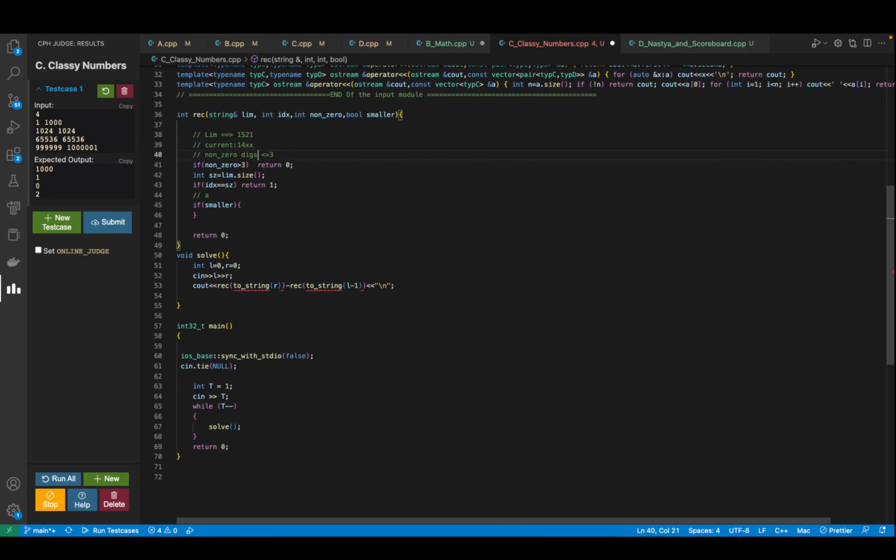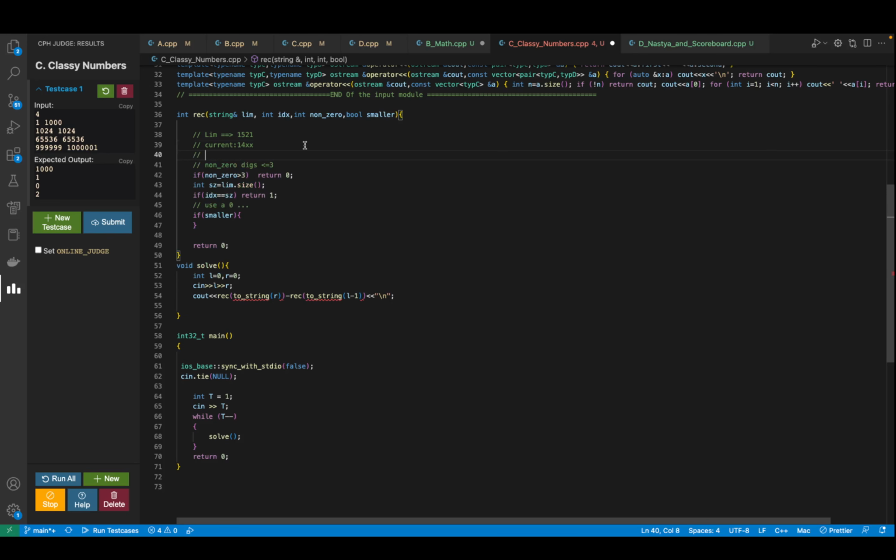Okay. So with this, one of the cases is that I can use a 0, right? Now is it always the case that you can use a 0? Yes, it's always the case, because there's no element that is actually smaller than 0. If you have any number, at any location you can utilize a 0. If the original number also had 0 at the same index, the number wouldn't decrease, but in no case is it going to increase. Since you're expected to generate numbers that are smaller than this, it's always valid to use a 0.